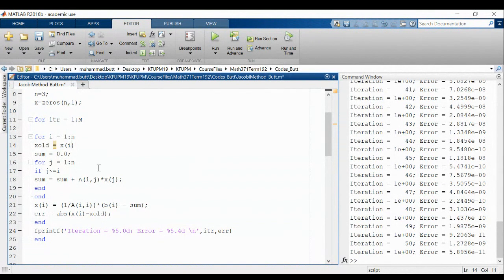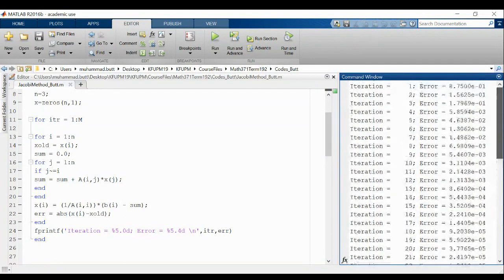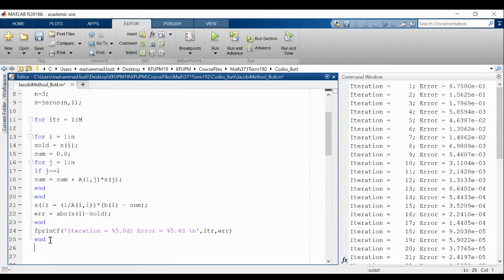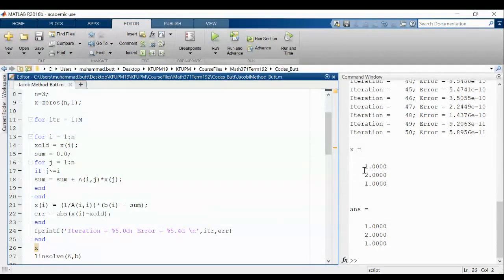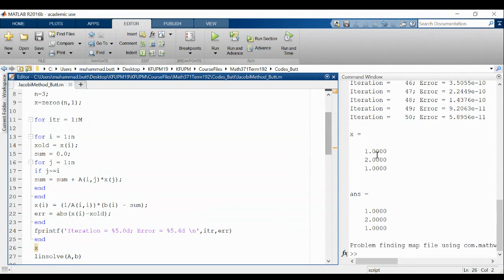An error if you want to write this, and this is all from my side. So you can see the 50 iterations and the error is this one. Now I ask you to check what is the exact solution. How to check the exact solution? Use linsolve with this matrix A and B. Let's see, and we haven't written what x is there. So you see our x is 1, 1, 1, and the exact answer is also 1, 1, 1. So we are somehow successful, but the print thing is not.